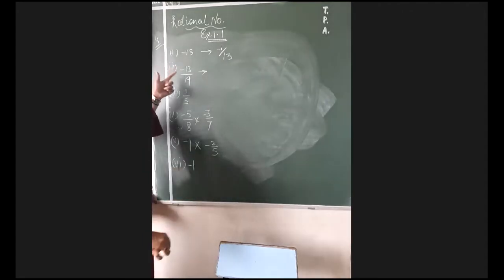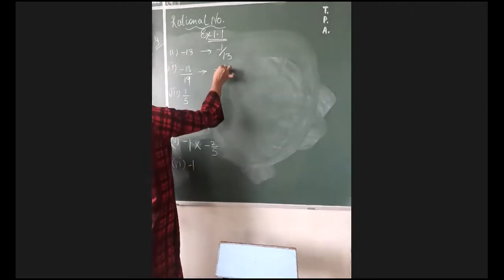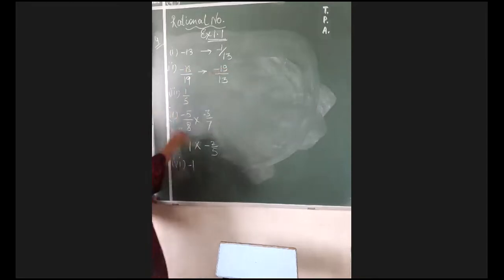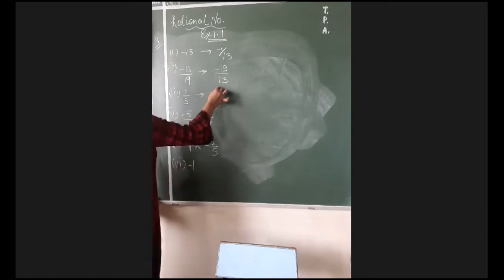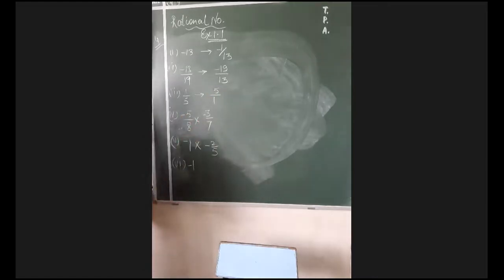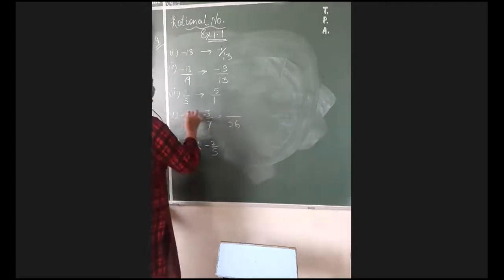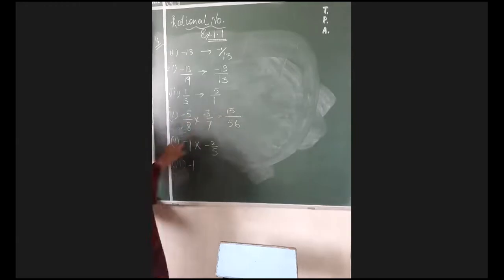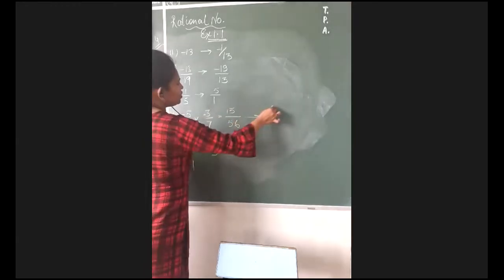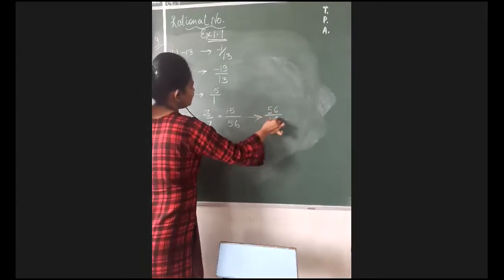Now minus 13 upon 19 will give you minus 19 upon 13. Now the third one, 1 by 5 will convert again, so it will give you 5 by 1. Now the next one, it is not written in the simplified way. So first we will make it simplified. So you know 8 sevens are 56 and 5 threes are 15 when you solve it. And after solving, just take out its reciprocal, which will give you 56 by 15.